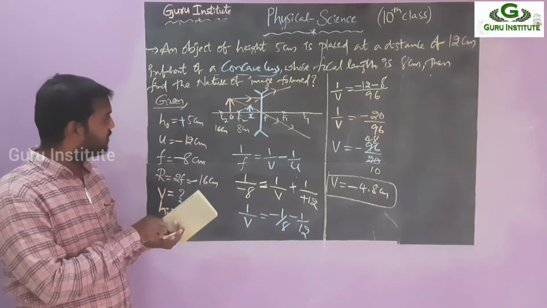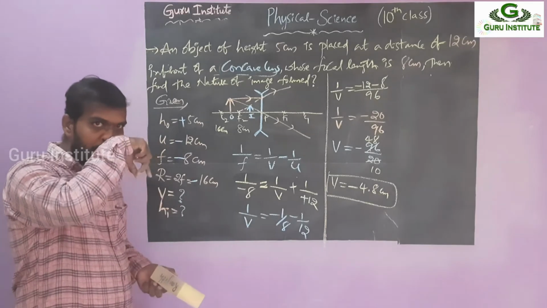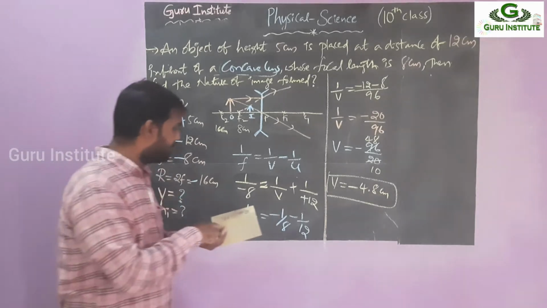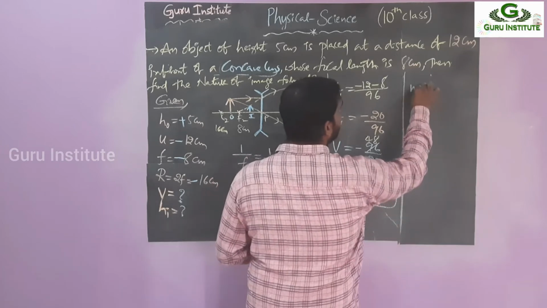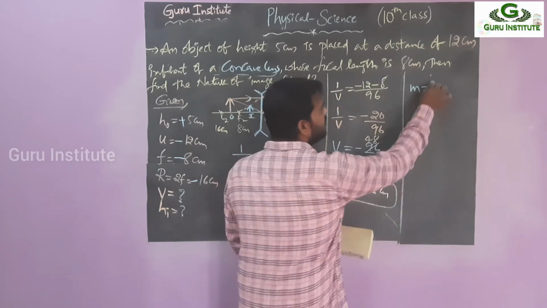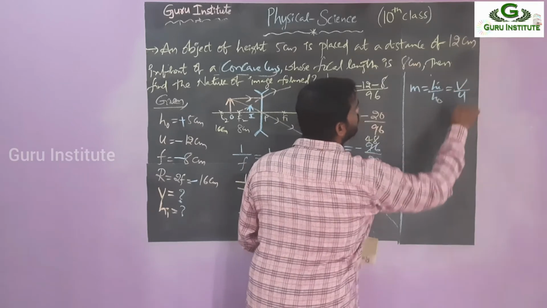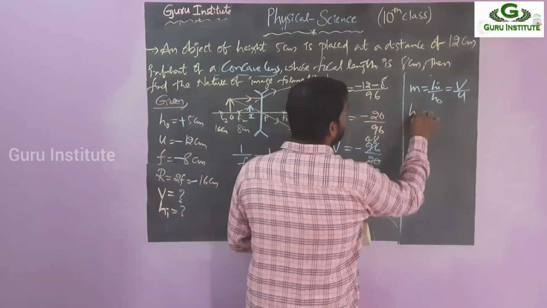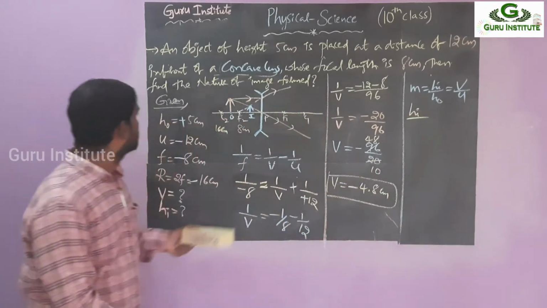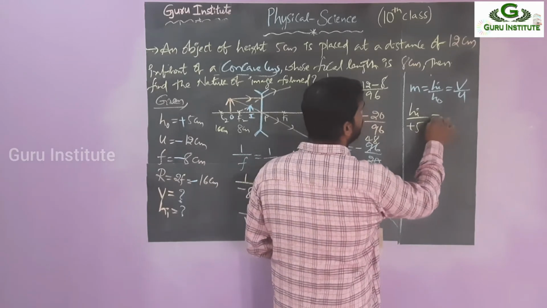Now coming to the magnification. What do you get? That is below 5 and that is a positive value. Okay, right. Just apply the magnification here. Again, the same, magnification is equal to HI by H naught, which is equal to V by U. So again, what is HI? That is only you have to calculate, right? So HI by what is H naught? H naught is plus 5, right? So you can take the plus 5. That is equal to V.